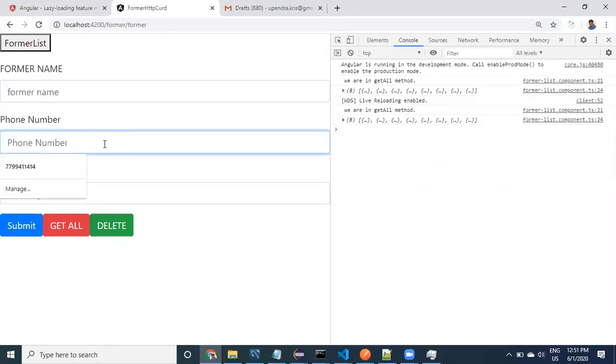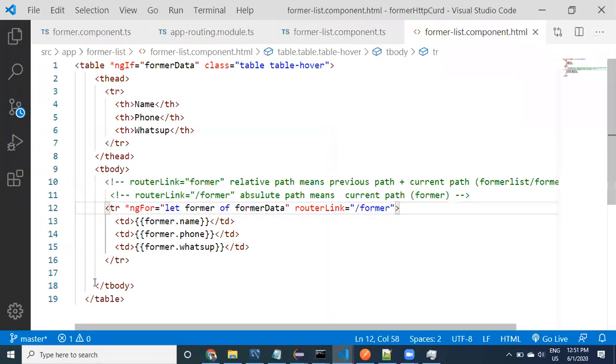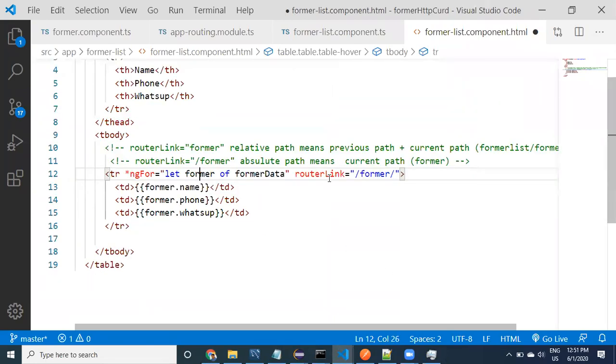Where are the values? I want to display the fifth values. I would like to display the selected record. I have selected the fifth record previously, and the fifth record related values need to be displayed. To display the fifth record values, along with this information, I have to send some dynamic value. So maybe like farmer, I want to provide ID, farmer dot ID. This is not available, it is not taking the farmer object.